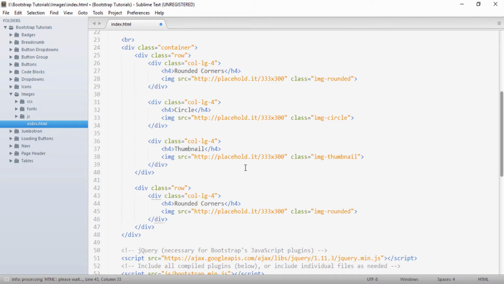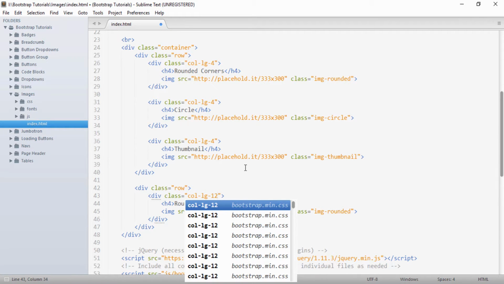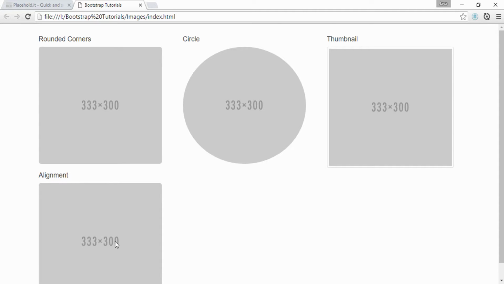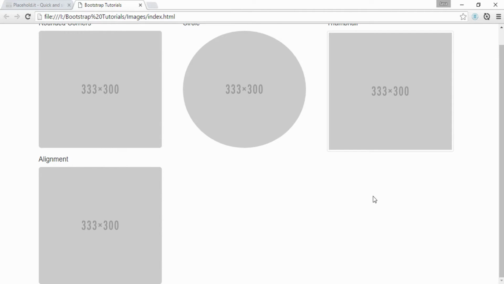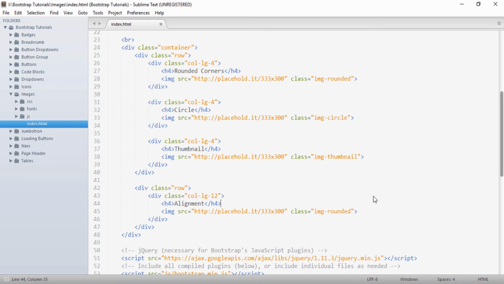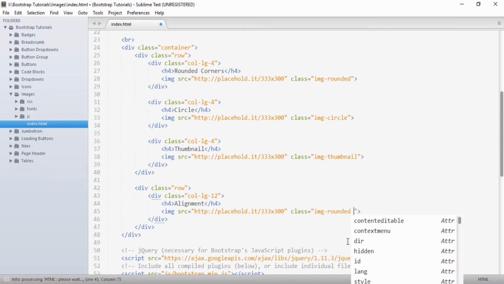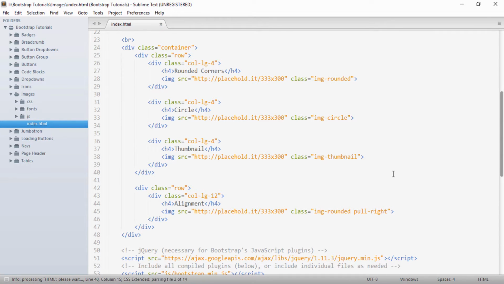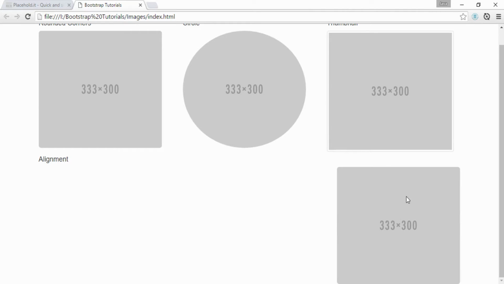I will take a large column of 12 grid width, and let's say I provide a heading as alignment. I take the img-rounded image. If I show it on the browser now, you can see it's by default coming to the left. Now suppose we want this image to be on the right, then we can use the class here as pull-right, and if I save it and go to the browser, you can see the image came to the right.